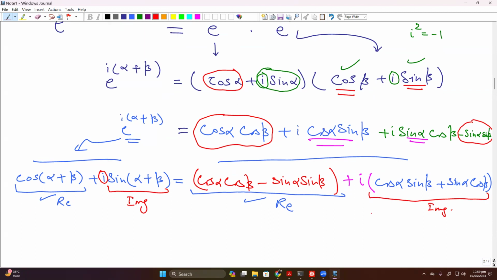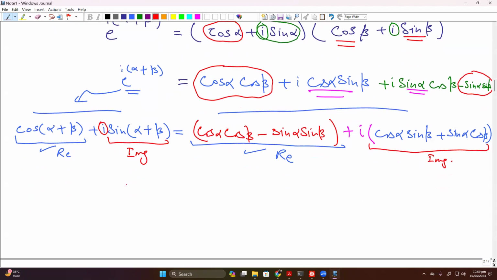So for the equality of these two sides, this is the condition that the real parts on both sides must match and the imaginary parts on both sides must match. So equating real and imaginary parts, I can arrive at two trigonometric identities. So equating the real part gives